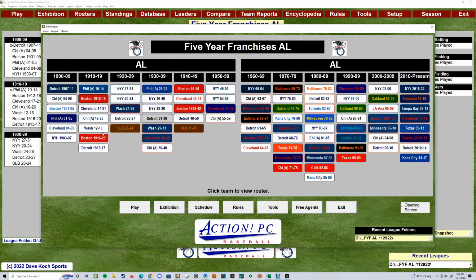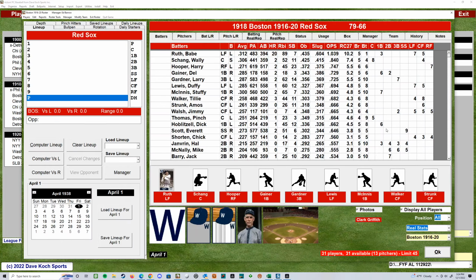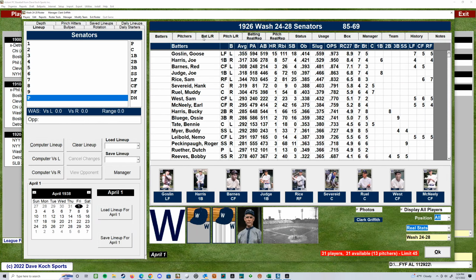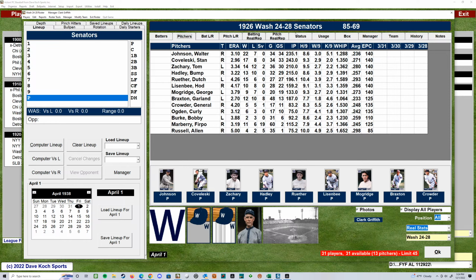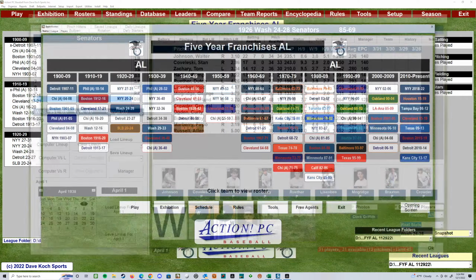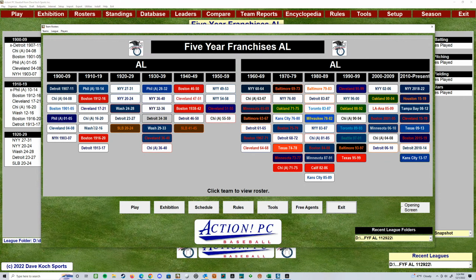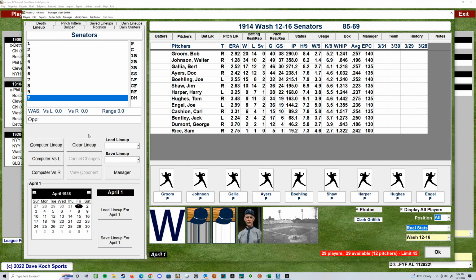I had a Washington team here. If any of you are fans of Walter Johnson, I know Beatles has talked about him quite a bit. He's got a later year here where they were in their World Series run, not his best seasons per se. So I wanted to get a team that was above 500 that captured it. So I did a 1912 to 16 version. And look at this line. So you got a much better line. 37 games started at 1.28 ERA. Look at the WHIP, 846.